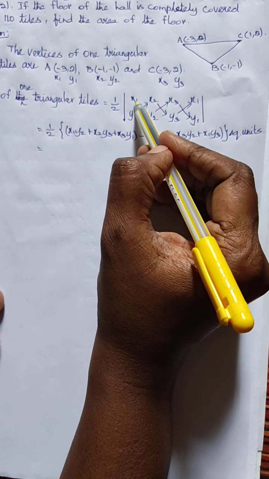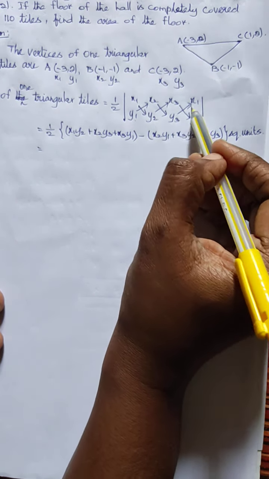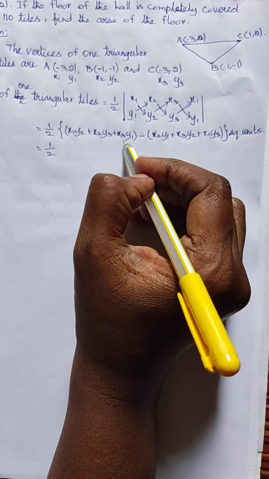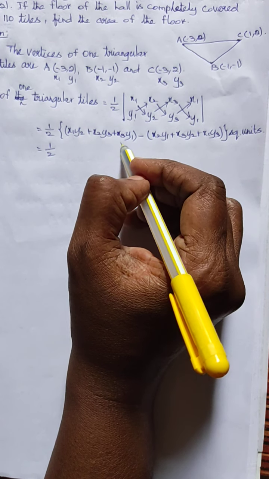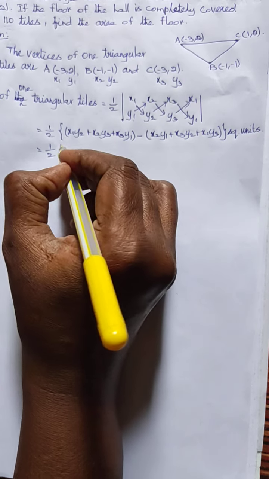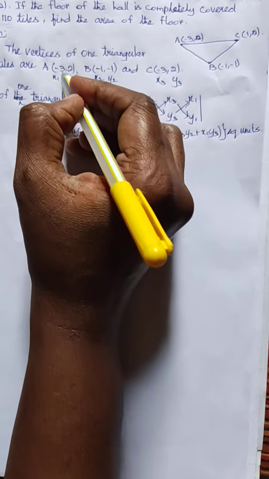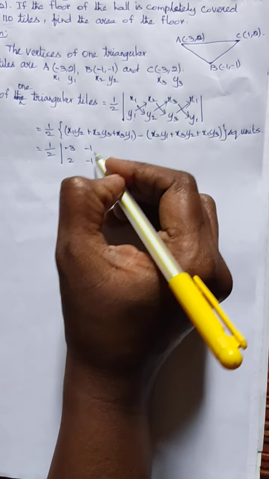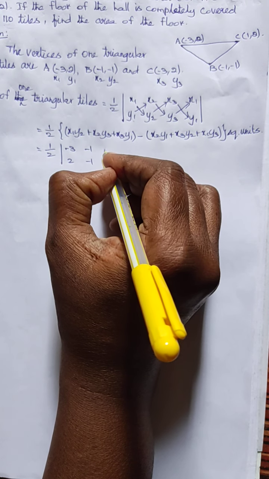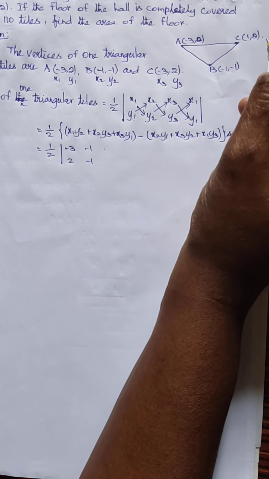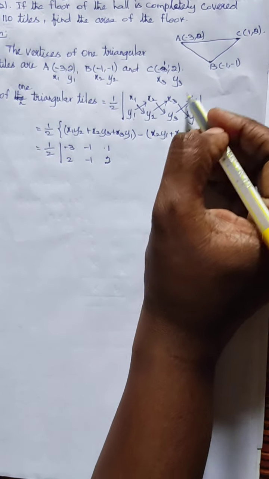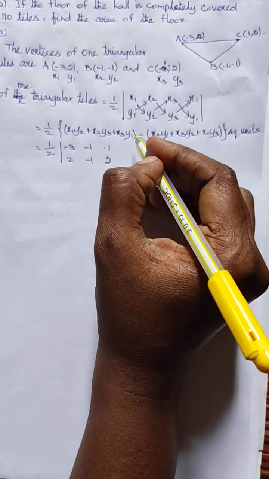Next, we are going to write the points in the place of x1, y1 here. Okay, children, you must write the formula. This formula has separate marks, so you have to write the formula also. Half into. Next, we will write the points x1, y1, that is (-3, 2), x2, y2, (-1, -1), x3, y3, that is (1, 2), again x1, y1, that is (-3, 2).